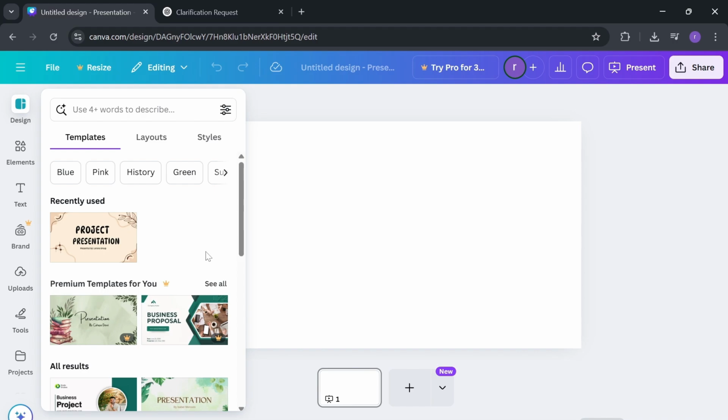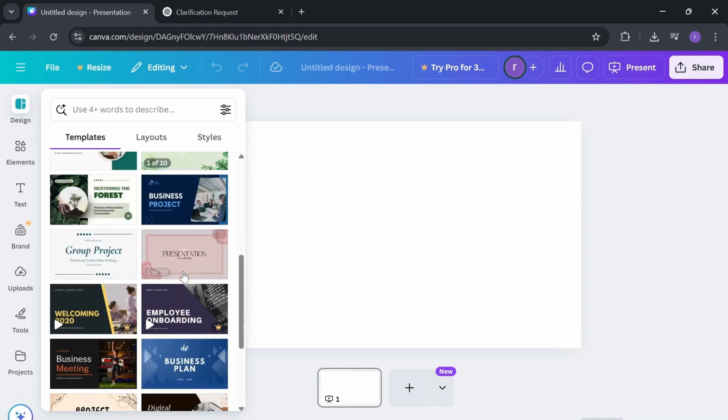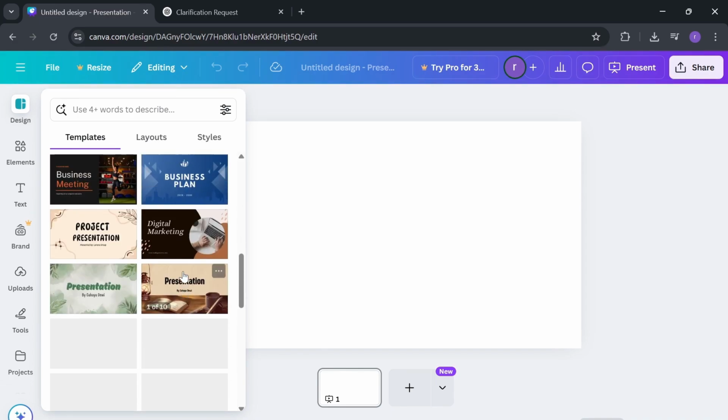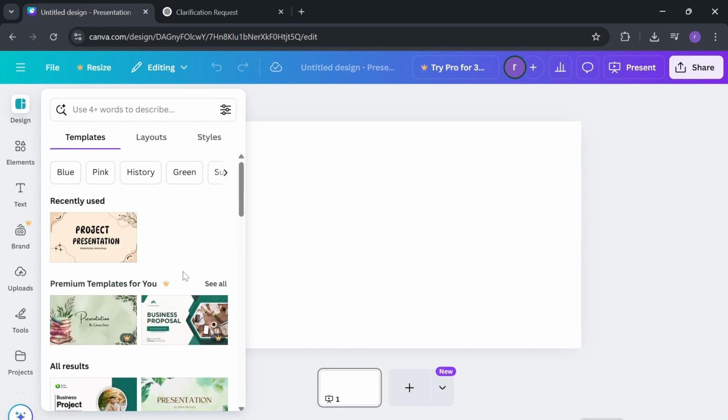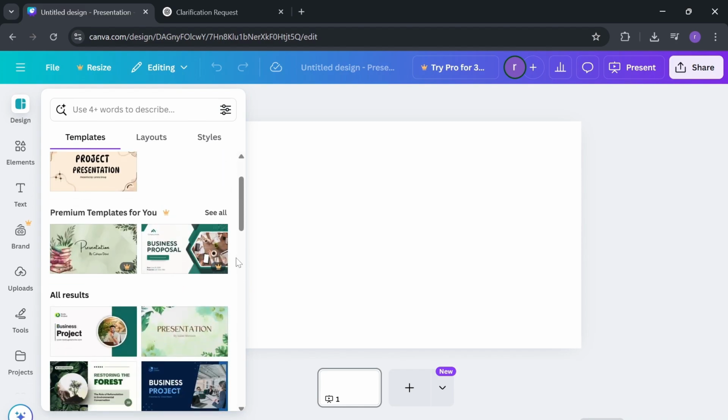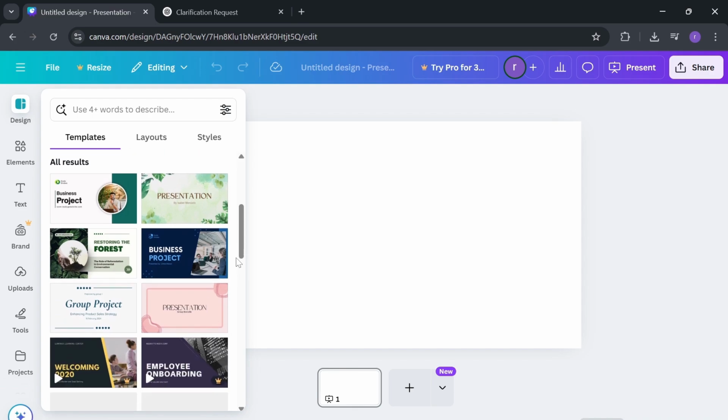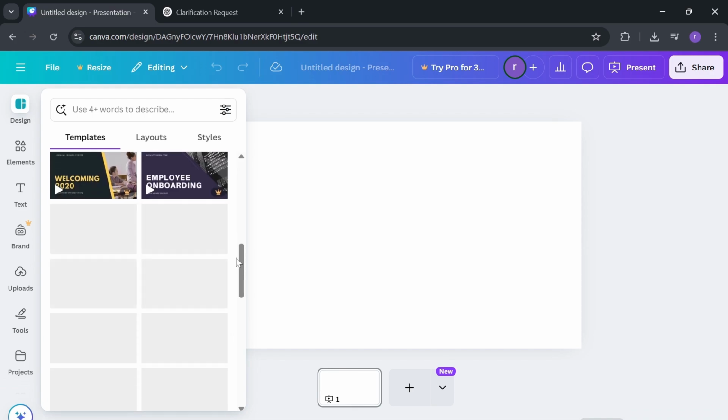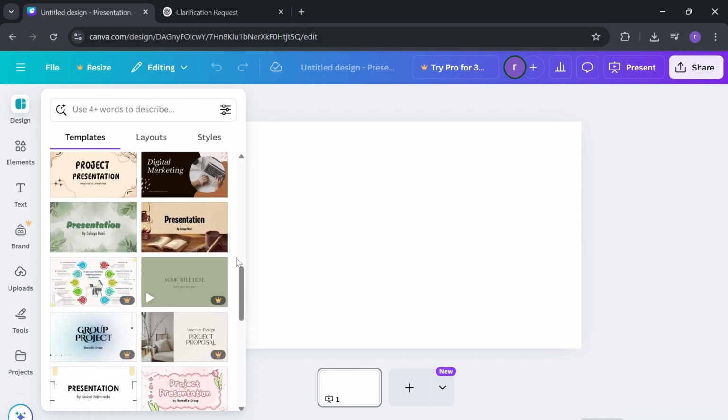So first of all, I have opened a blank deck to start with the template. So here, as we can see, there are many templates. So we have to choose a simple and easy to understand template, which is also free. So